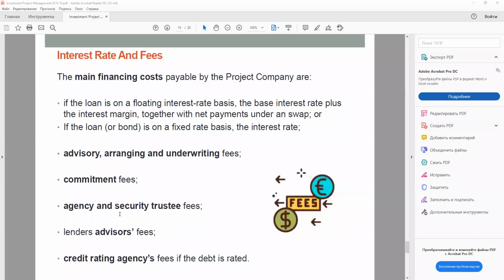The considerations affecting bond arranging and underwriting fees are much the same, except that the investment bank underwriting the transaction does not usually intend to retain the bonds in its own portfolio, and therefore does not take this into account in assessing return. Also, the period of risk on a bond underwriting is much shorter than for bank syndication. Bond underwriting fees are therefore significantly lower than those for comparable loans. And also we have commitment fees.